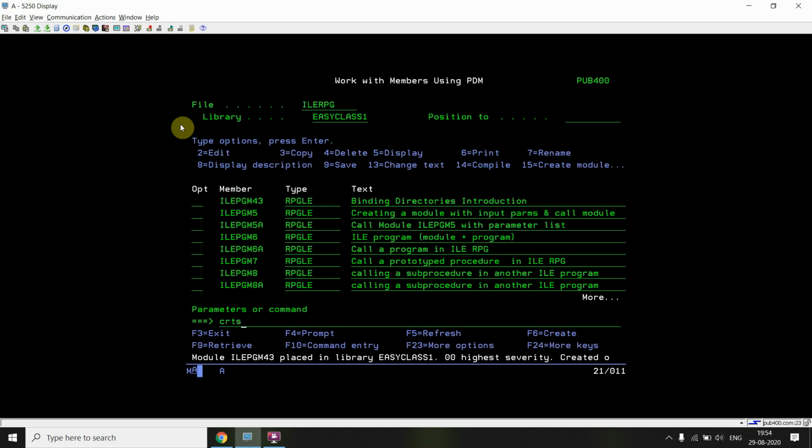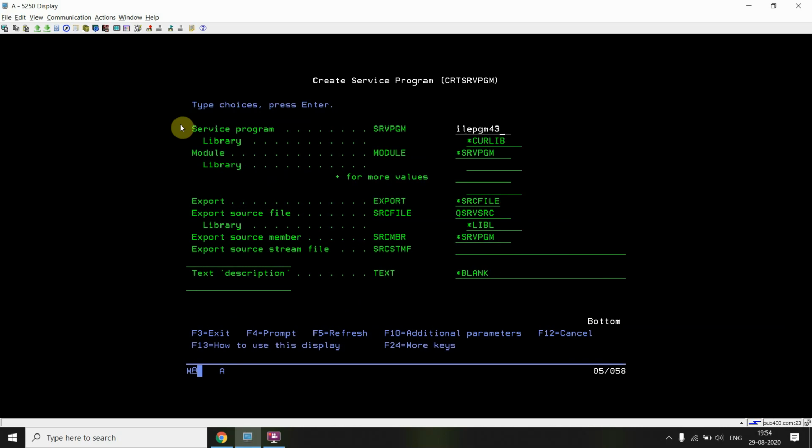The module is created. Now just create a service program ILEPGM43. I'm not binding ILEPGM41 and 42 because I defined the ILEBNDR binding directory in the H specs, so that will automatically bind those two modules to this service program.